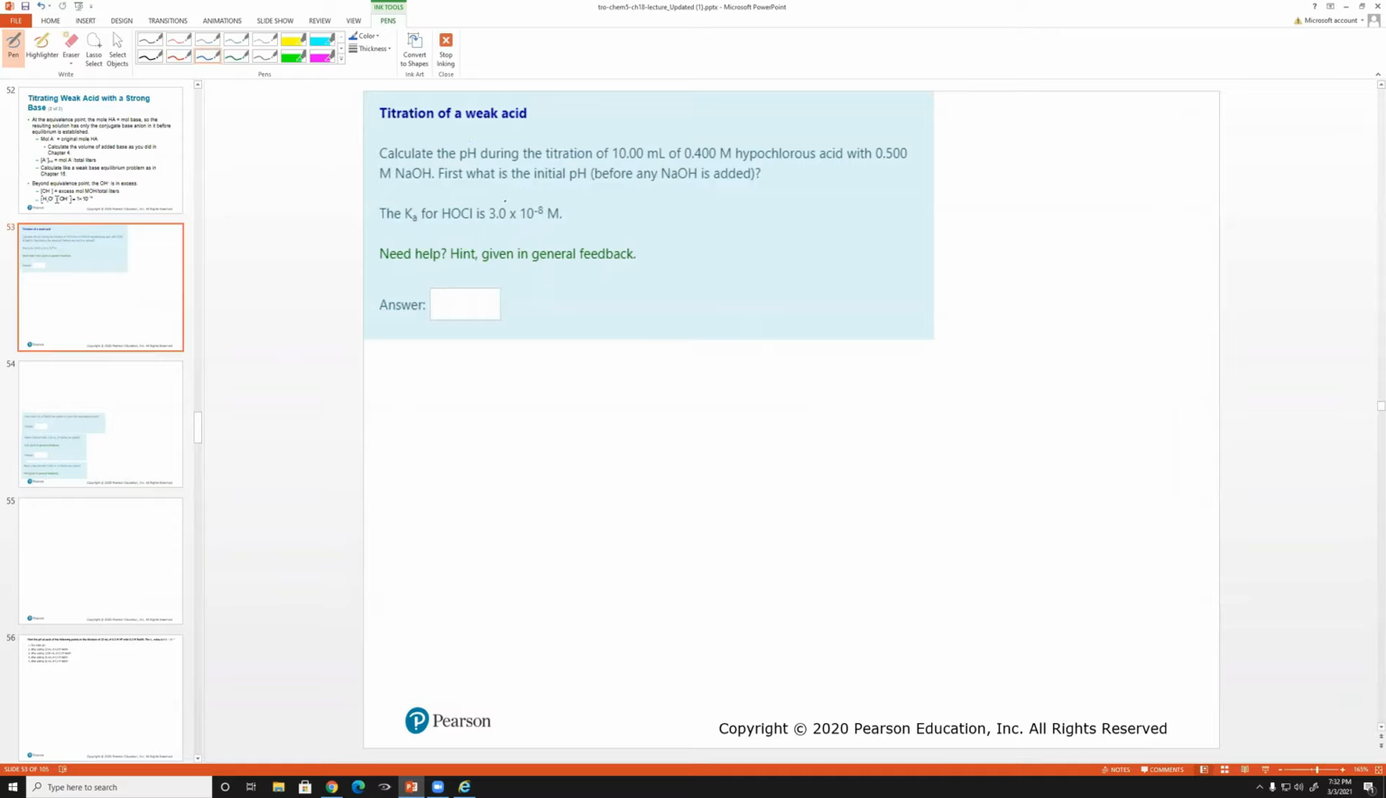All right, so calculate the pH during the titration of 10 milliliters of 0.4 molar hypochlorous acid, which is HOCl, with 0.5 molar NaOH. First, what is the initial pH before any NaOH is added? And the Ka is given. So we go right into basically asking us, what is the pH of this acid? So we do the ICE table, the equation first,